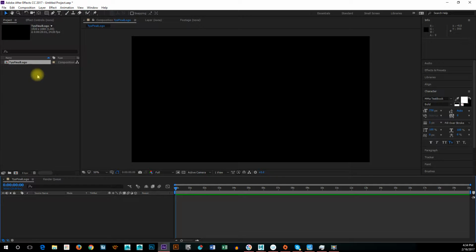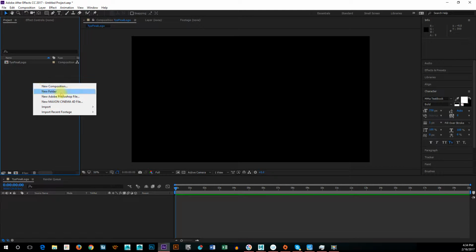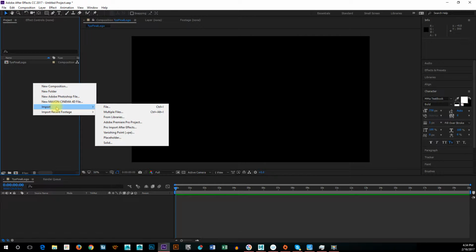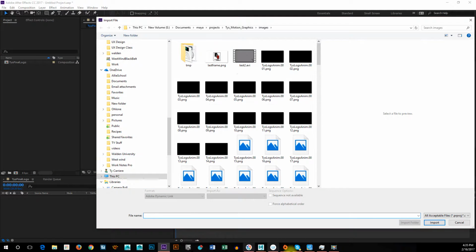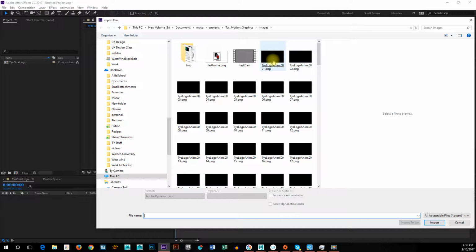So I go back to my content in my project, right click, and I'm going to import a file. Even though this is a little deceiving, you might think it's multiple files. I'm actually bringing over an image sequence which will count as one group. So I just say File. I select the first one, and you'll notice,